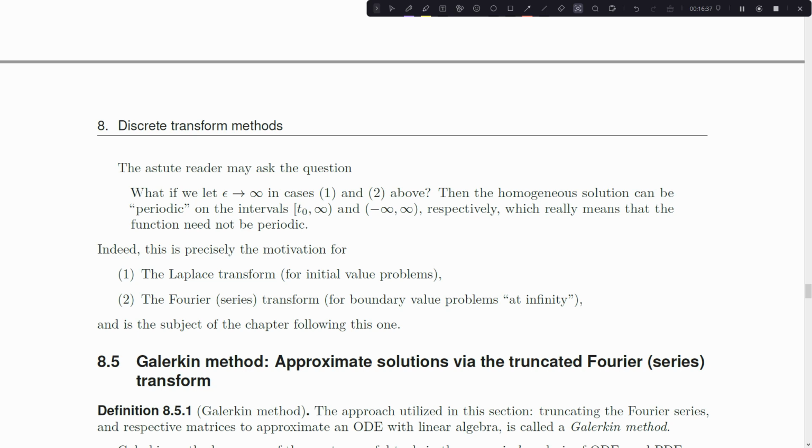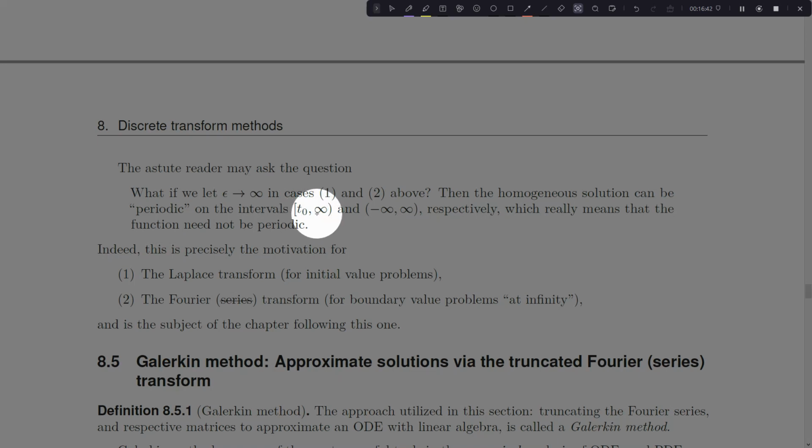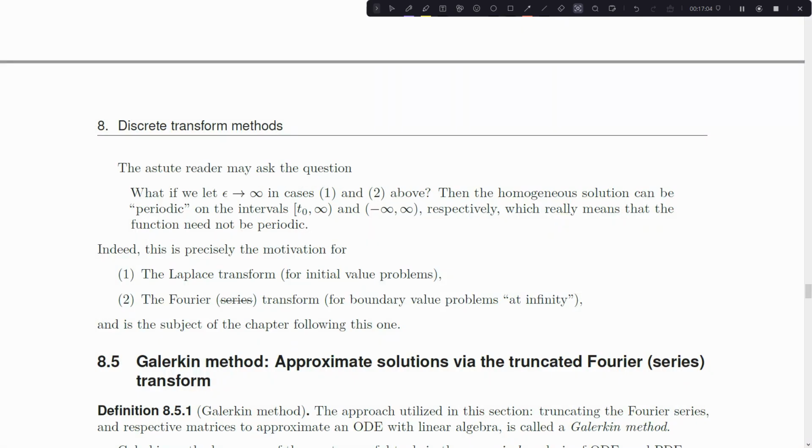So that's really the true workaround to these, by working on the interval of t0 to infinity or minus infinity to infinity. Exactly this first case gives me the Laplace transform, and the second case gives me the Fourier transform, where I no longer worry about this word series. So the true Fourier transform considers a domain of minus infinity to infinity, and the true Laplace transform considers t0 to infinity. That's chapter 9 though, and we'll just stick to this chapter for now, where this thing isn't